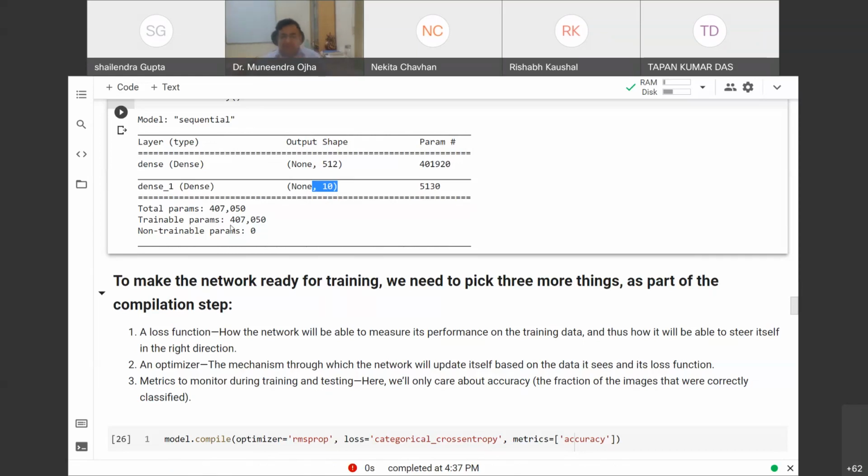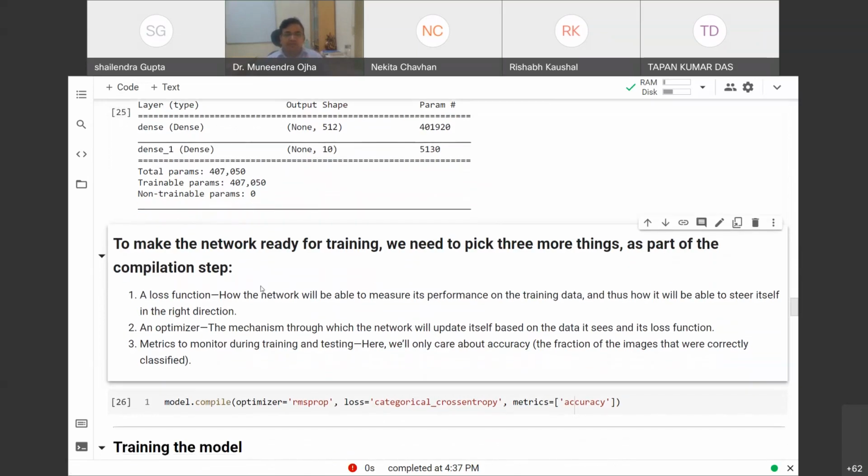It's a very complex and very compute intensive model. But before we start executing, we need to define 3 more things with every neural network. First, the loss function. The loss function calculates the difference between what is expected and what is produced.